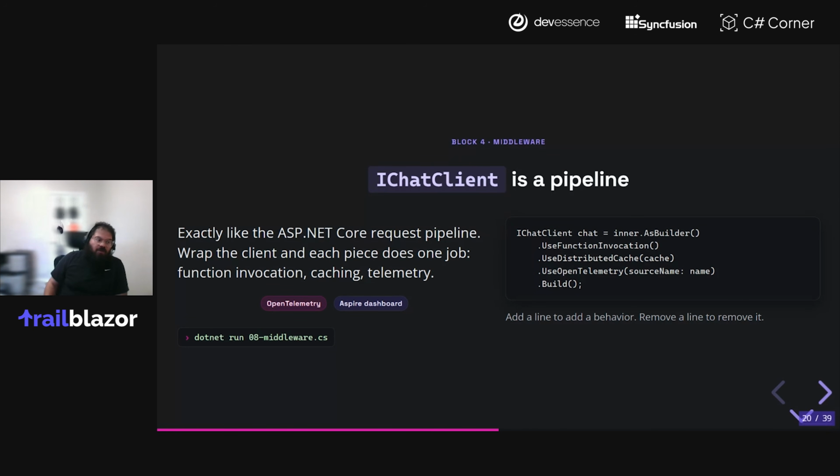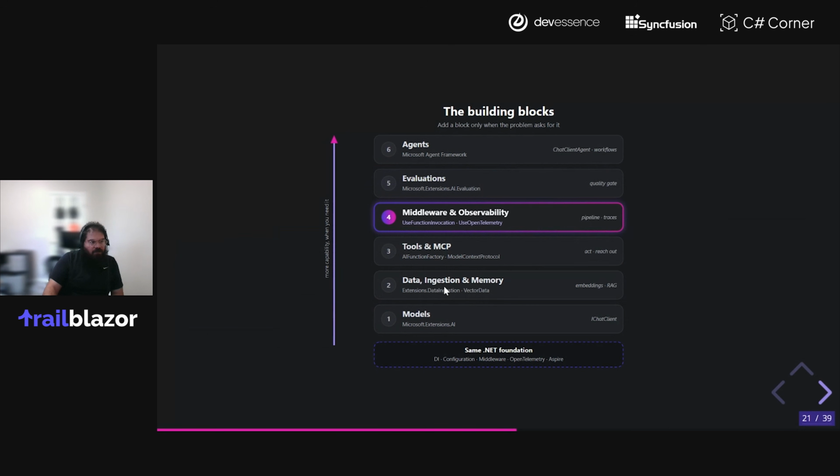These primitives and interfaces are open, so you can implement your own, whether that's retry logic, scanning for PII information, or whatever you need to plug in to intercept the request as it goes through this pipeline. The pattern is familiar if you've done this kind of middleware pipeline work before. That covers the middleware and observability piece.